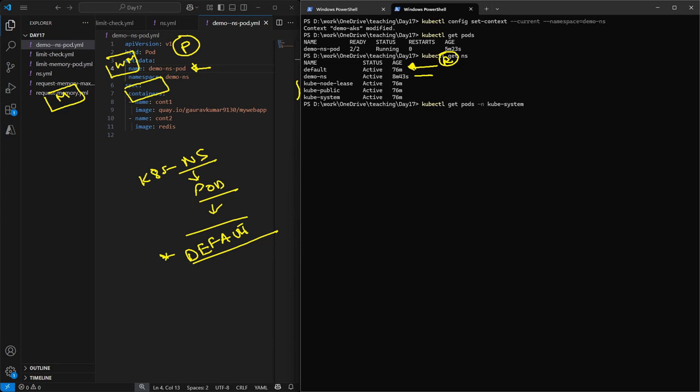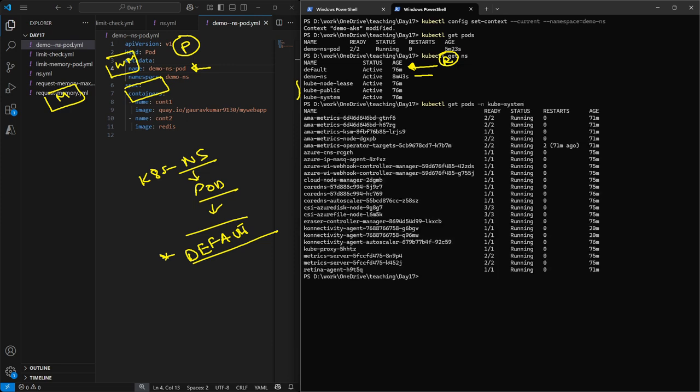If I run this command kubectl get pods -n kube-system, see, there are so many pods listed. All these pods are created when we created our Kubernetes cluster, and all the system configuration related resources are present inside my kube-system. Then we have the second namespace, which is called